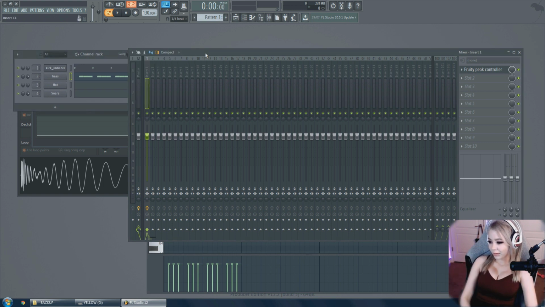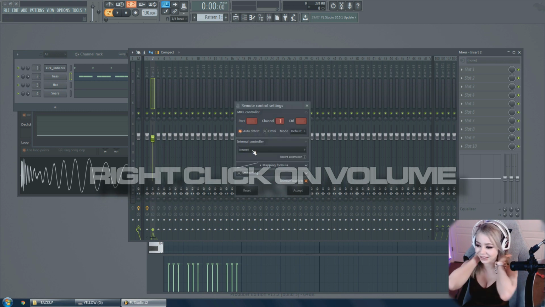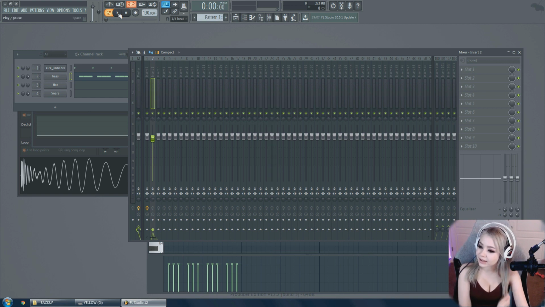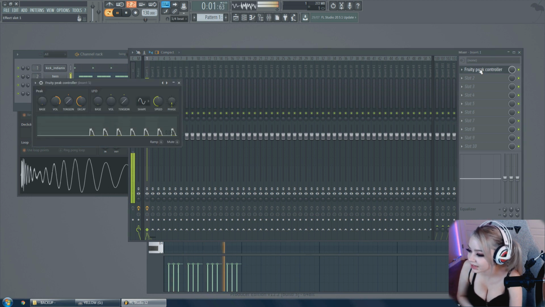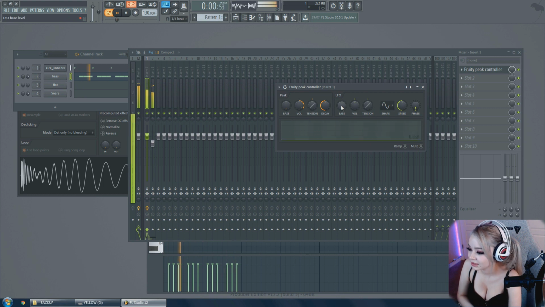And then on your bass mixer channel, you right click and link to controller. You choose peak and LFO and inverted. And then in the peak controller's settings, you lower the bass and you increase the tension.